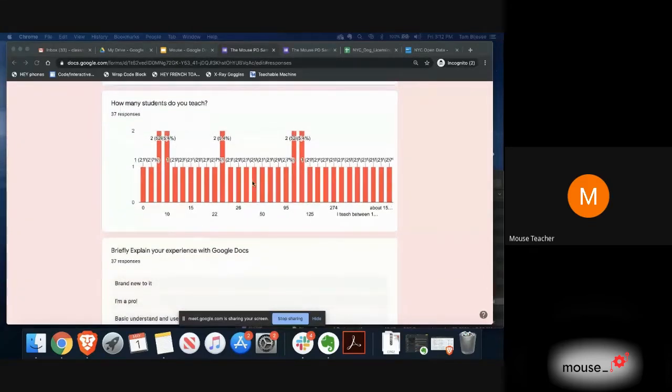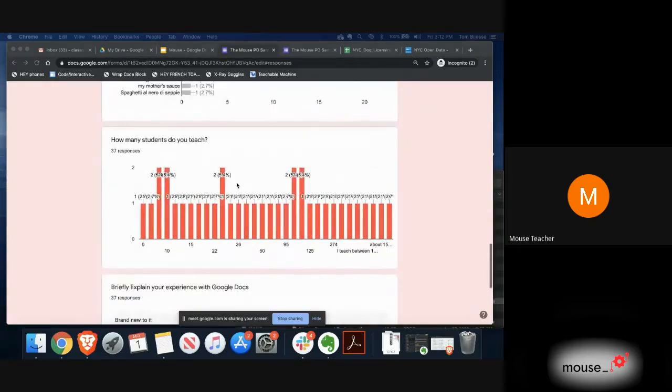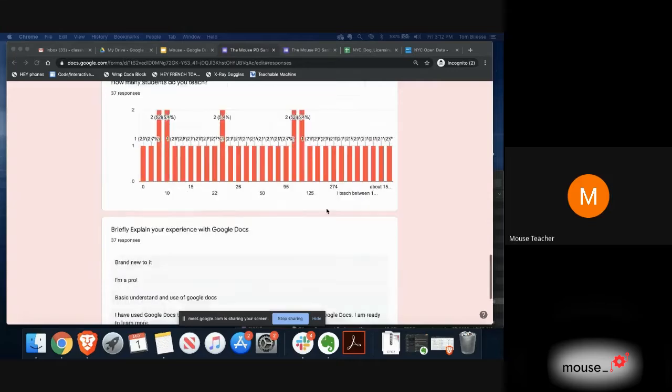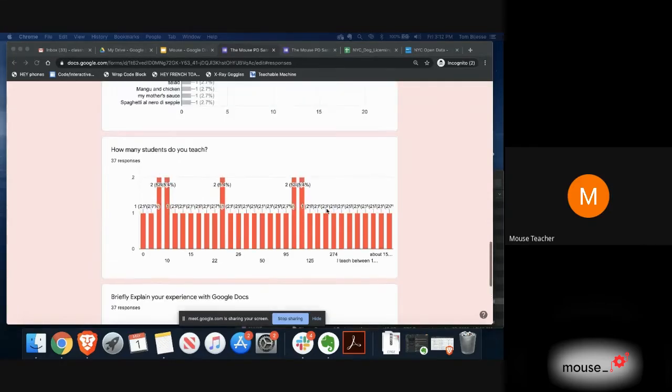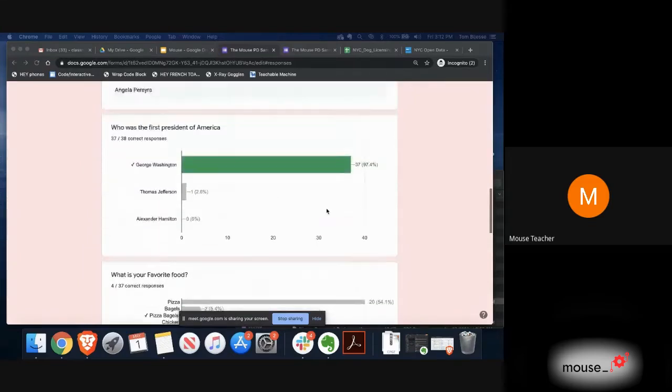And you can see some things that the Google Forms platform creates really nice and easy. For instance, who was the first president, a really easy bar graph to read. But not everything it automatically generates makes a whole lot of sense. So how many students do you teach? This is a really tough bar graph to look at. So I'm going to show you now, this useful data is a good overview of how your class is doing,